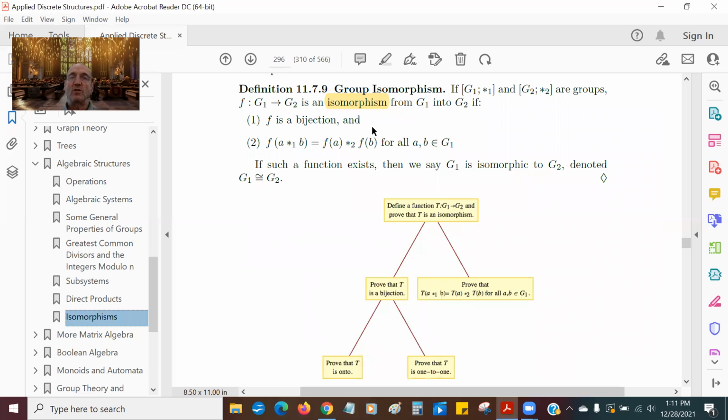Bijection means it's 1-1 and it's onto, meaning that every element in G1 is matched up with an element in G2. And it's 1-1 in the sense that no element in G1 gets matched up with more than one element of G2. No element of G2 is matched up with more than one element of G1. And every element in G1 and G2 has a mate. So basically that's what it means when we say bijection. So it's a one-to-one correspondence, or one-to-one onto correspondence. Anyway,